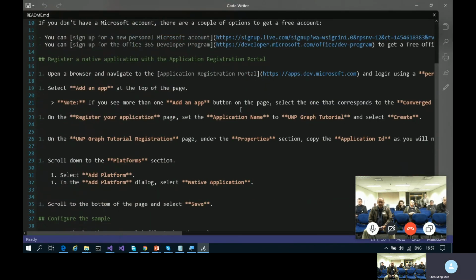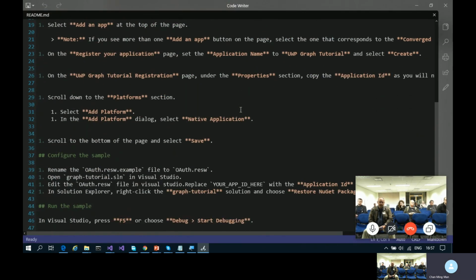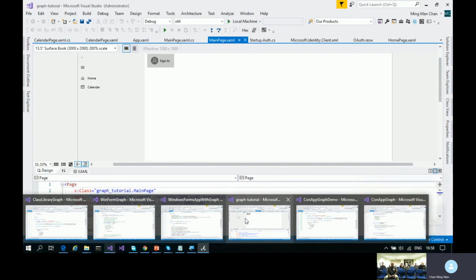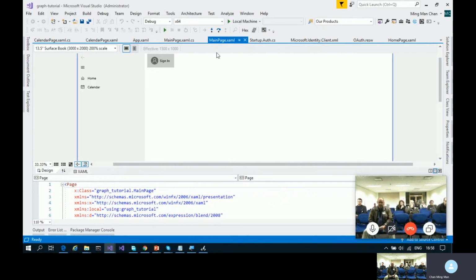And in the README, there are steps to show you how to actually put in your ID, right? Okay, we have to ask Microsoft, because some apps use application ID and some call it client ID. Actually, they are the same thing for now. Okay, pray Microsoft needs to actually correct it. Okay, so actually, this one I put in the